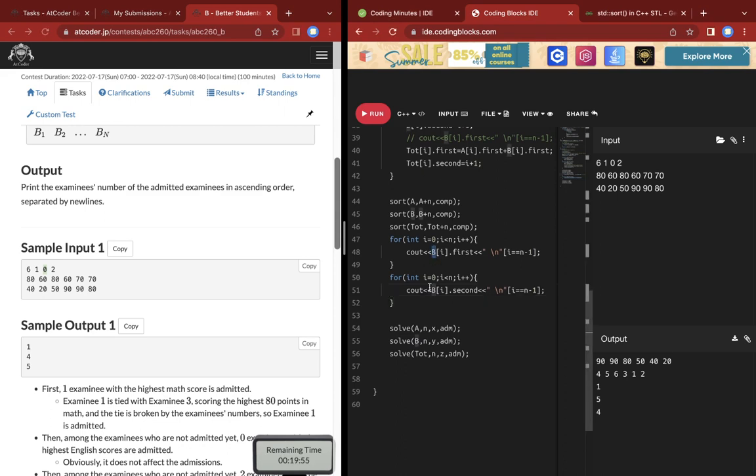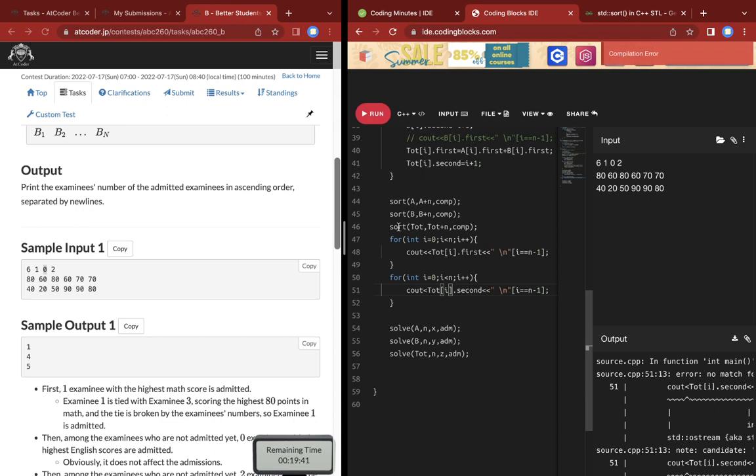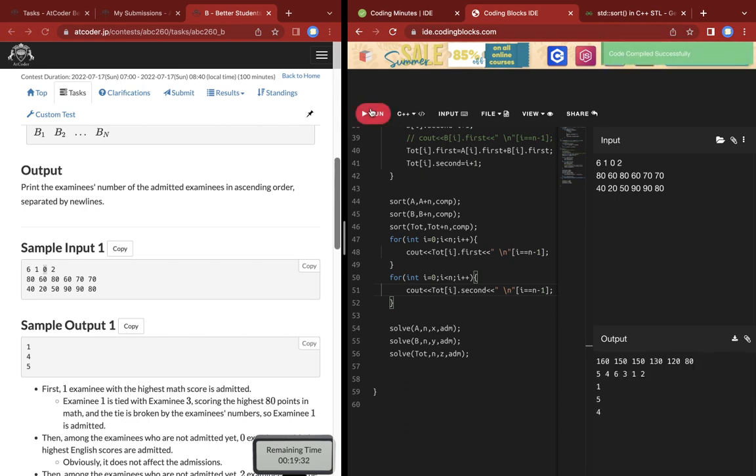So then there is an issue with total, I guess. Okay, so the issue is right here. So the total of,